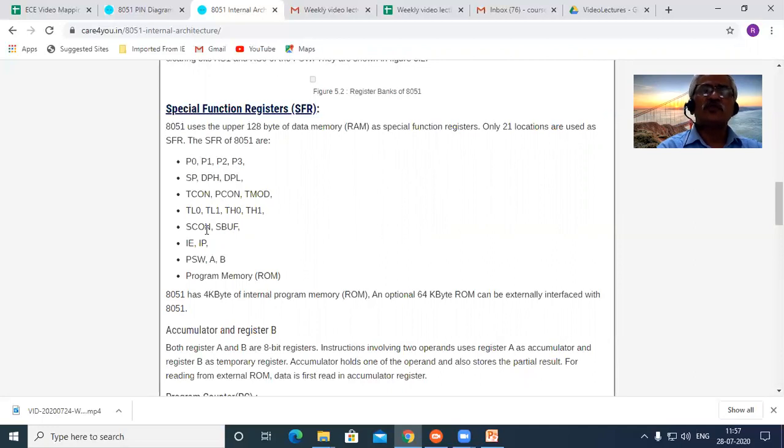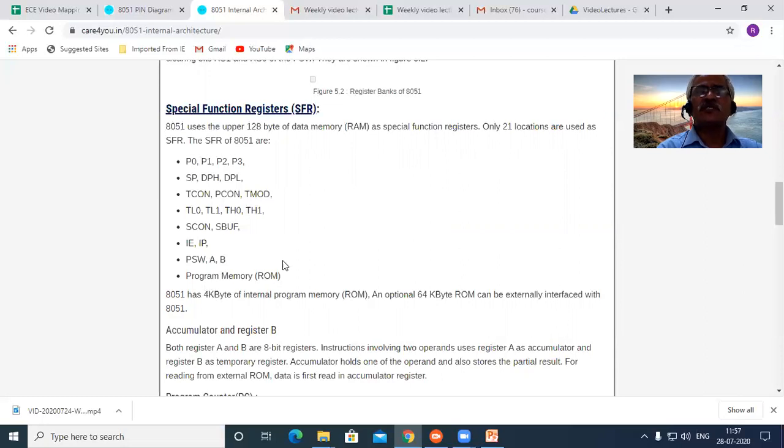Then you have the 2 SFRs known as SCON and SBUF. Then the interrupt registers IE and IP, the program status word, and 2 general registers called A and register B.